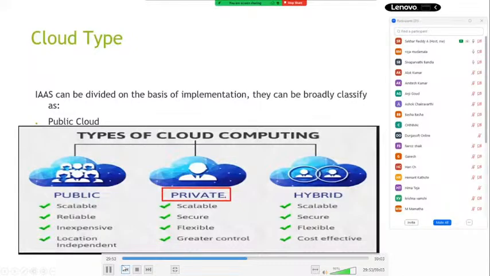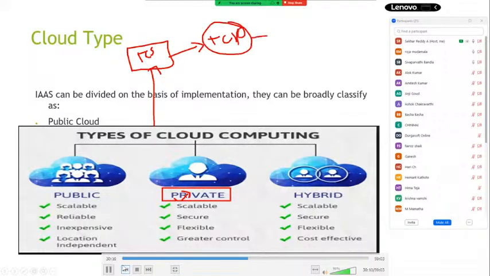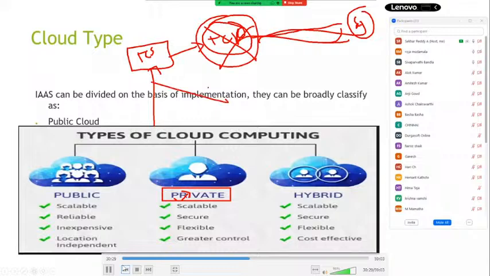Private, in the sense, in the organization, the resources that can be accessed within the corporate network are called private. For example, you are working in TCS. We go to the office and connect to the TCS-provided VPN. VPN means virtual private network. Then it will establish a connection to the client network, and we will be able to access all client-related applications and other services. The moment you disconnect the VPN or come out of the organization, will we be able to communicate from our local home network? No.